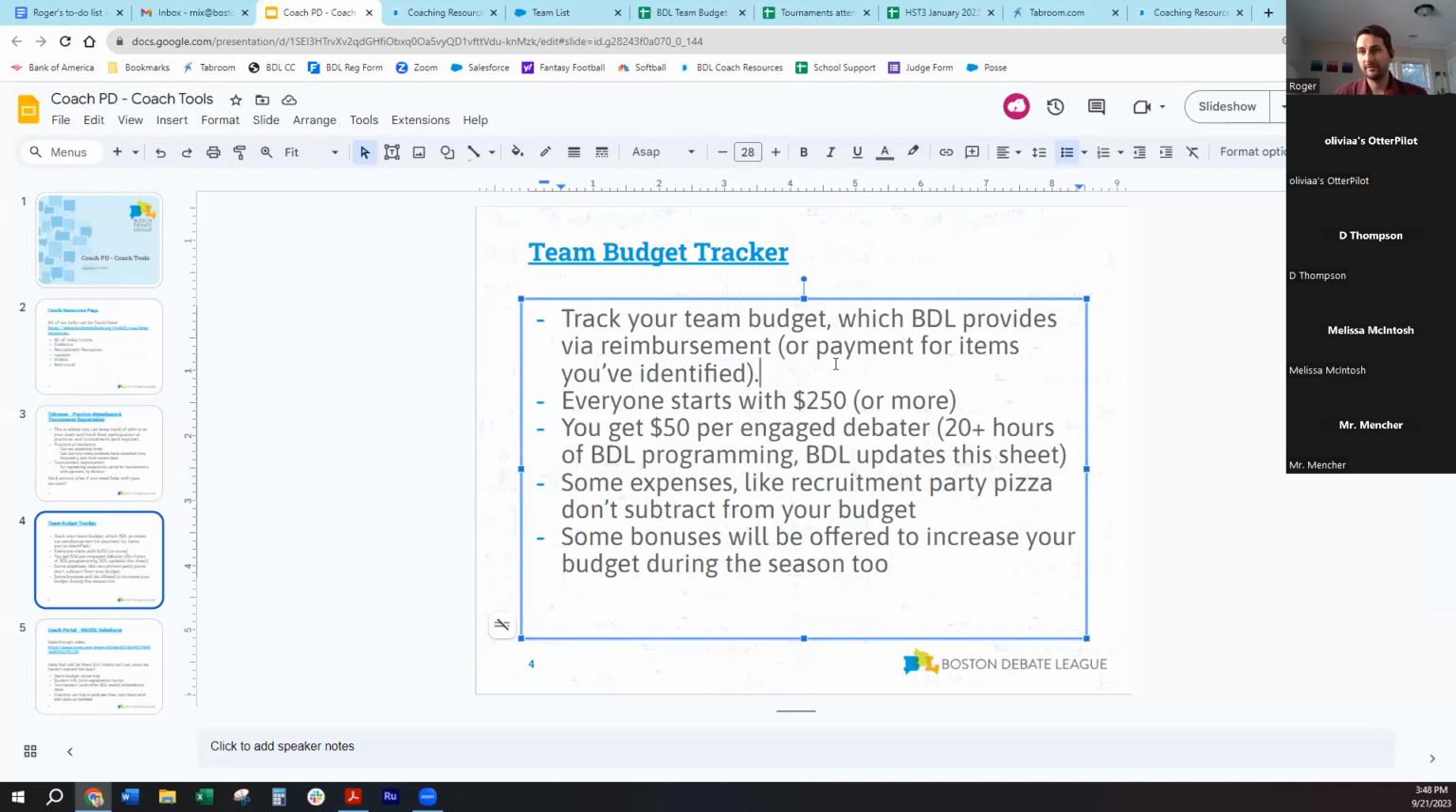We also offer some bonuses for various things. We've offered them for practice attendance or bringing judges in the past. Those bonuses will be announced throughout the year. And finally, things like recruitment pizza parties will also be announced throughout the year as things that won't come out of your team budget. So if you want to throw a pizza party for your students the first practice of the year, we won't take that out of your team budget,